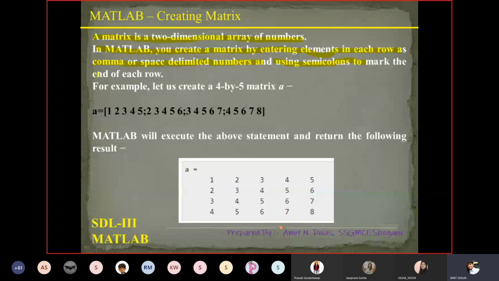The name of the matrix, say the variable, is A. So we'll enter this command into MATLAB and create such a matrix, as shown. It will provide you the output like this. So how big is it? It is a 4 by 5 matrix. So let's go to MATLAB